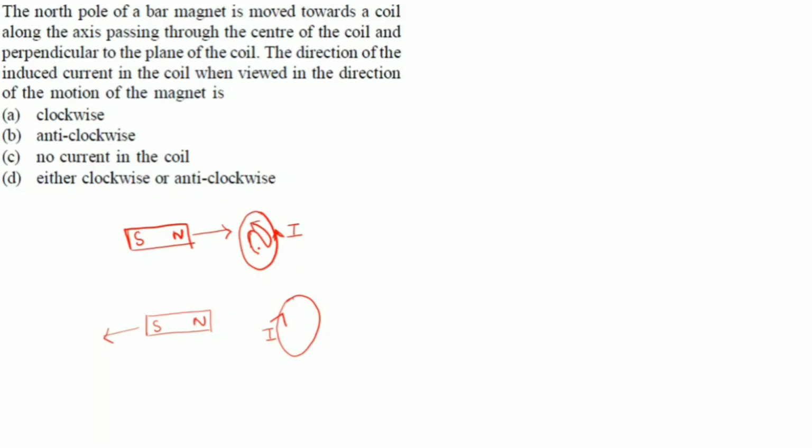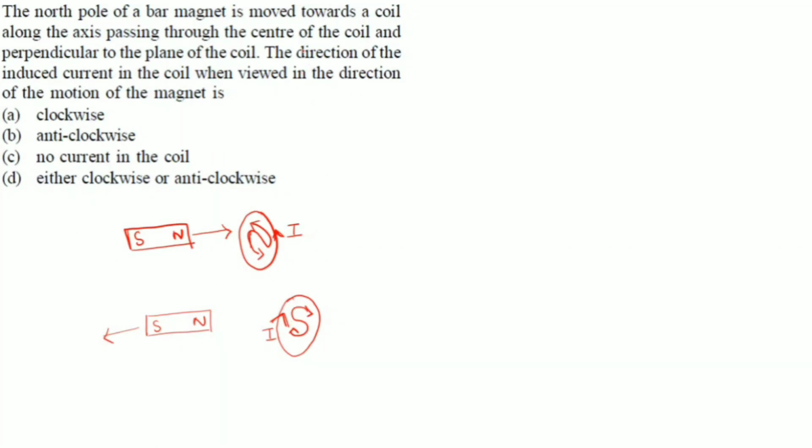When the current is produced in the anti-clockwise direction, that generates a north pole. It is moving along the north direction. When the current is moving along the clockwise direction, that produces a south pole. Here, the north pole of the magnet and the north polarity of the coil are both the same pole, so there is a force of repulsion. Here, the north pole of the magnet is moving away and it produces a south pole here. Both are opposite poles, so there is a force of attraction. That's why this mechanical energy is converted into electrical energy.